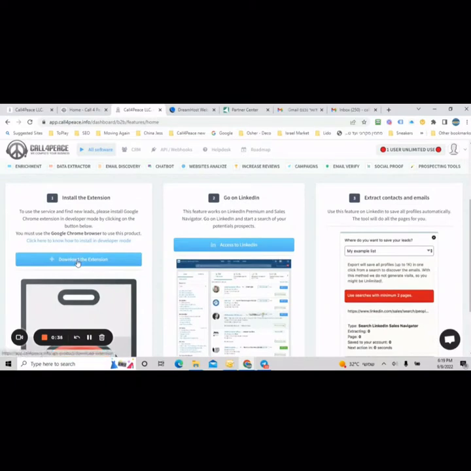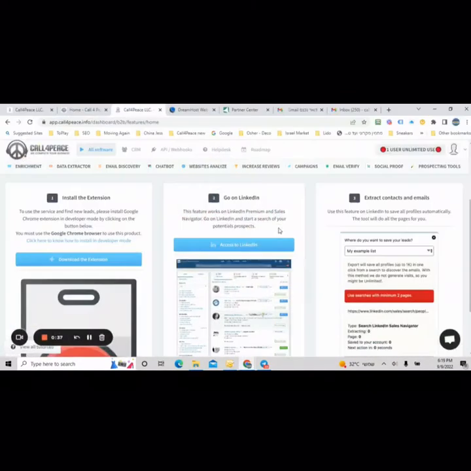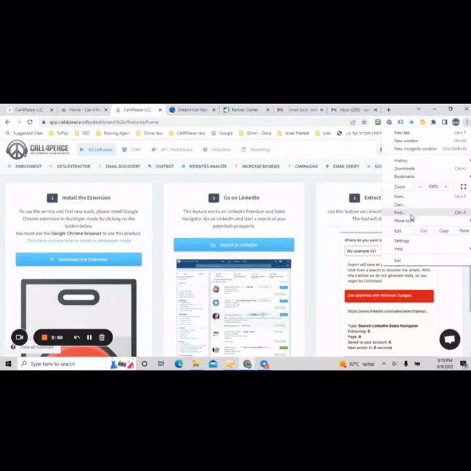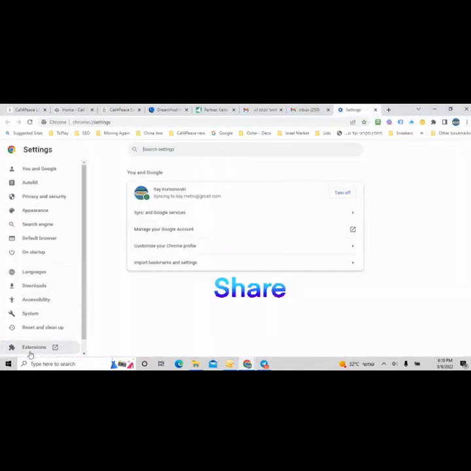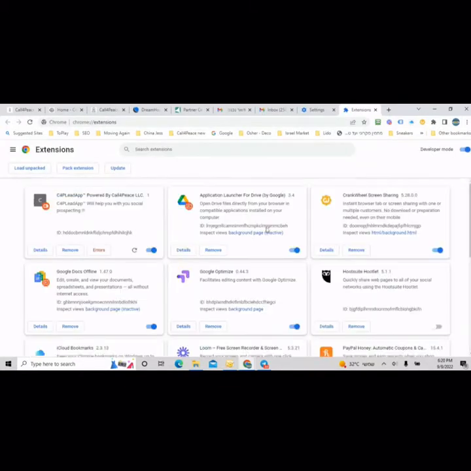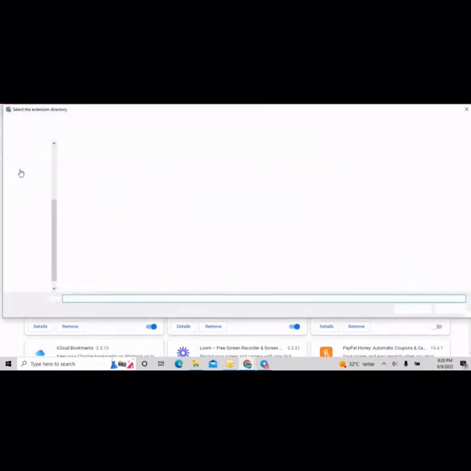You download the extension to your desktop. I already did it. And you extract it, you unpack it. Once you did that, go to your Chrome settings, extensions. Make sure that you're on developer mode. Okay, load unpacked